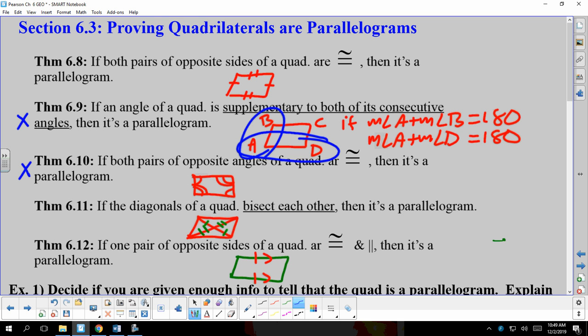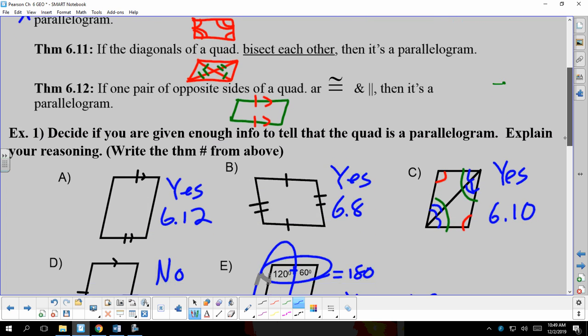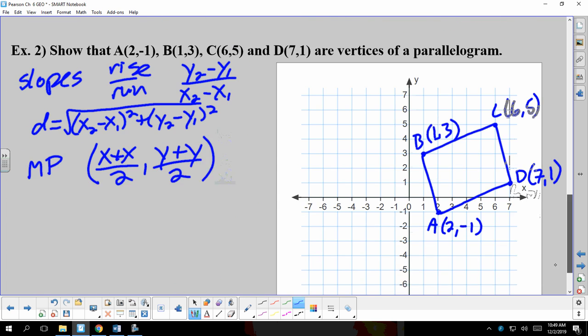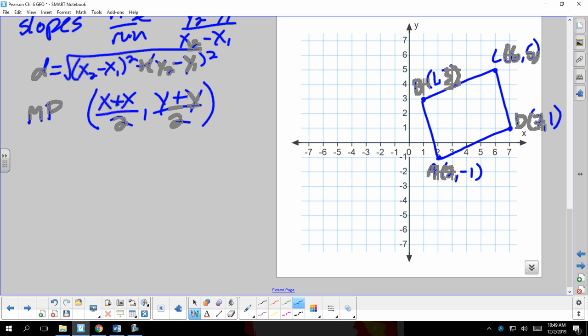All right, so let's go ahead and take the path of least resistance. I want to see if AC and BD have the same midpoints. Let's use that midpoint formula and see if the diagonals bisect each other, thus proving it's a parallelogram. All right? So I'll do the first one, have you guys do the second one. So the midpoint of AC,